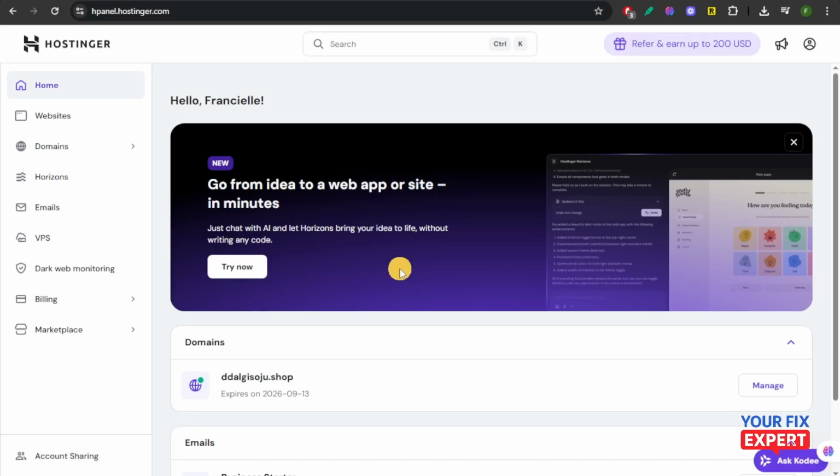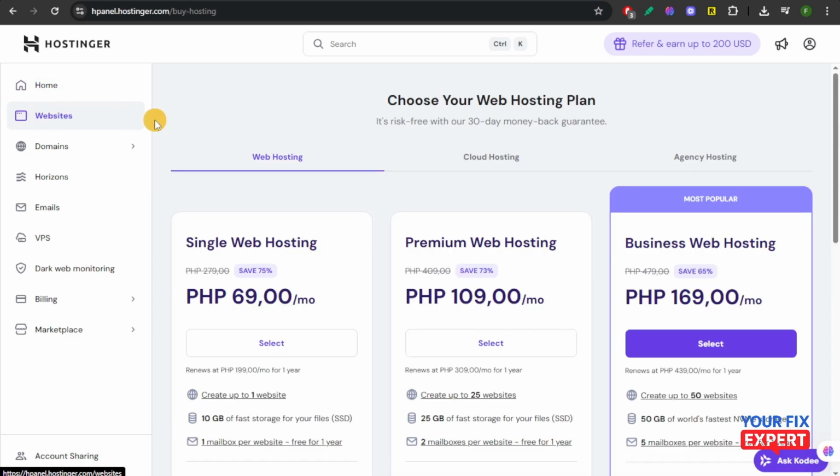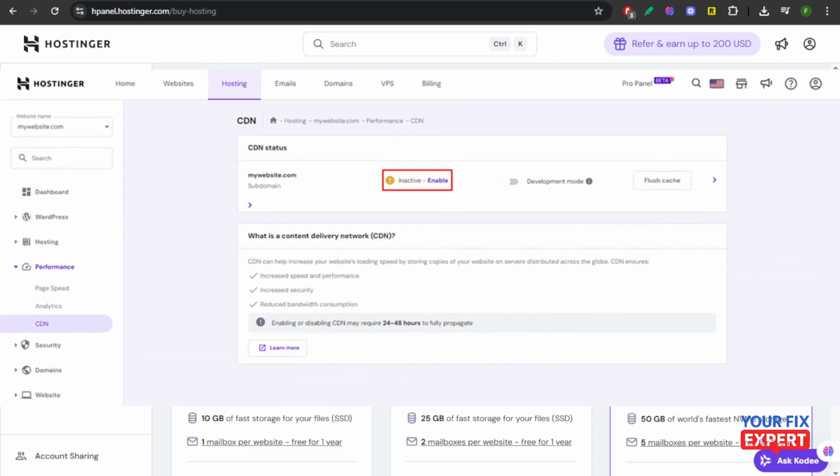This is how you're going to disable CDN in Hostinger. So step 1 is you're going to log into Hostinger, and then you're going to find this left side panel where you can see this websites button. So what you're going to do is you're going to click on the websites, and then you will be able to see the left side panel once again from the website section. You're going to click on dashboard from there next to your website, and then step 2 is in the left